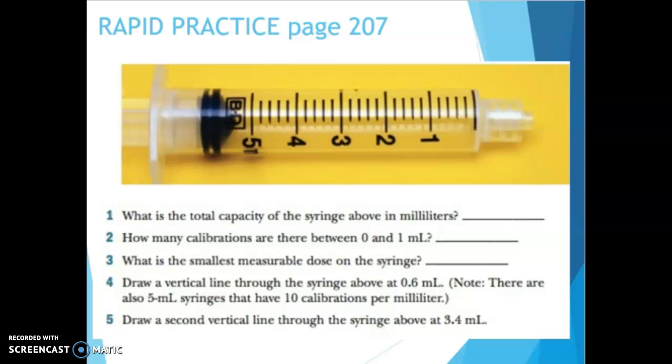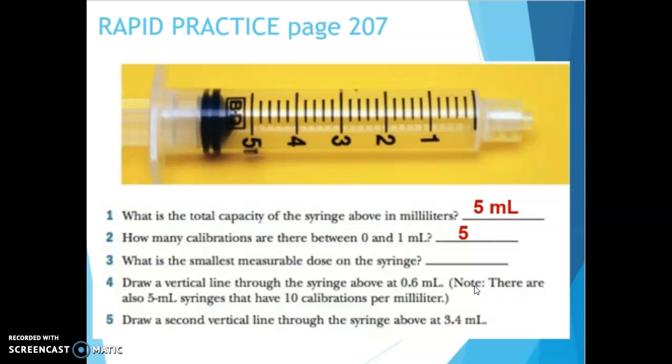Okay, picking up where the other one left off. We've got another syringe that we're looking at here. What is the total capacity of the syringe in milliliters? So looks like this one goes up to 5 mil, right? How many calibrations are there between 0 and 1? So 1, 2, 3, 4 little lines, but we do have to include that last one, so we'll call it